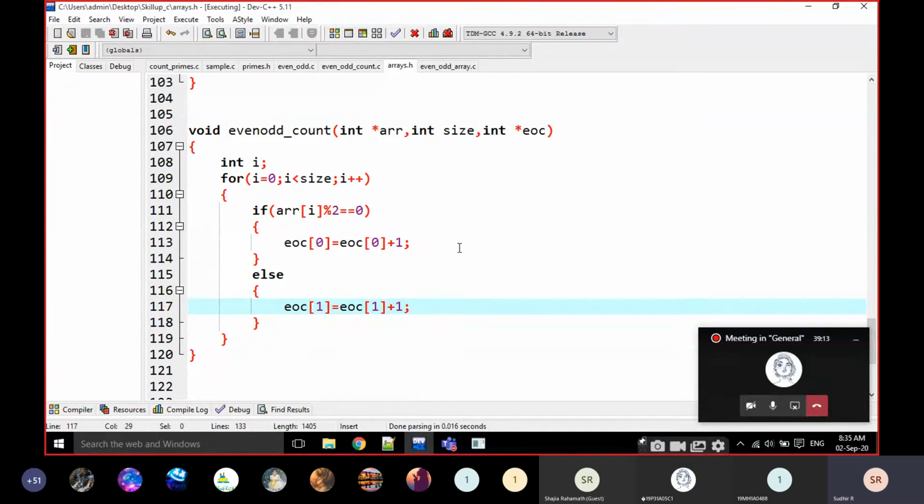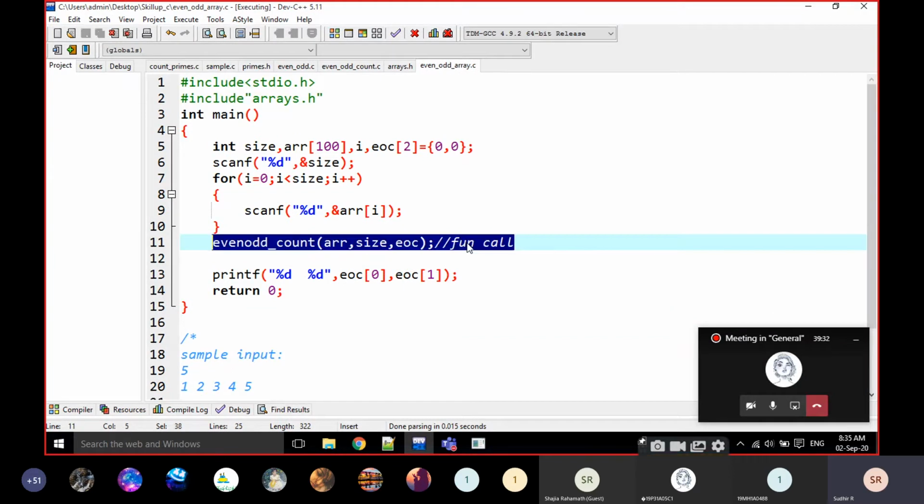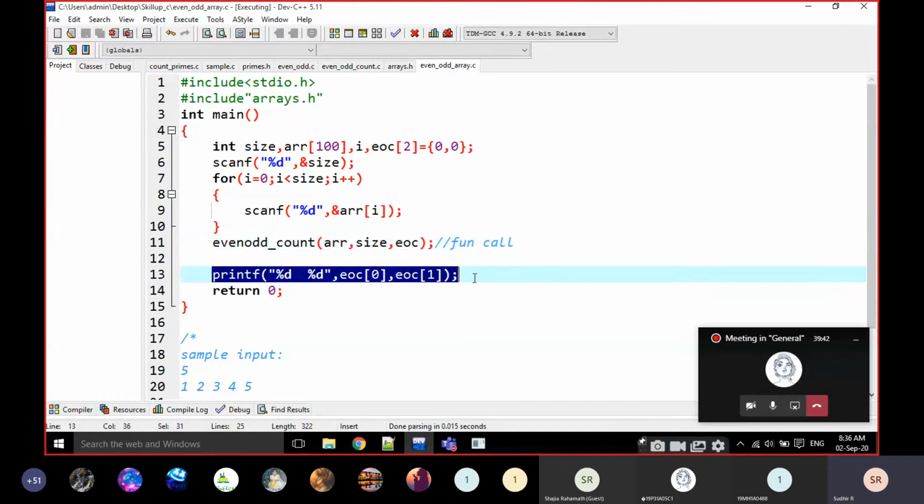When we are going for all these methods, for example 3 to 4 methods are there, how we have to choose? We have to choose based on the function call. If you look at this one, we have to understand in what way we are going to develop this function. We have to observe this function call and the result it is printing.